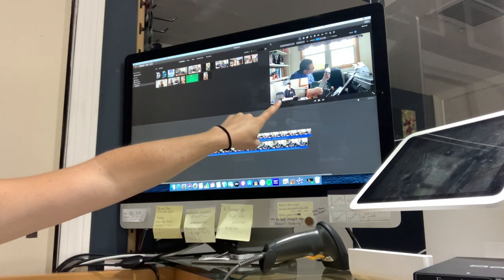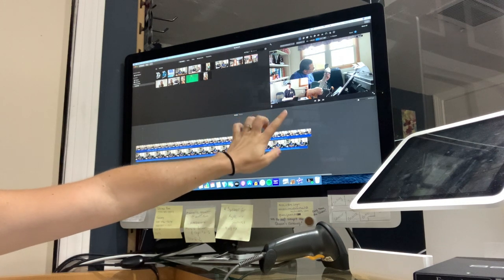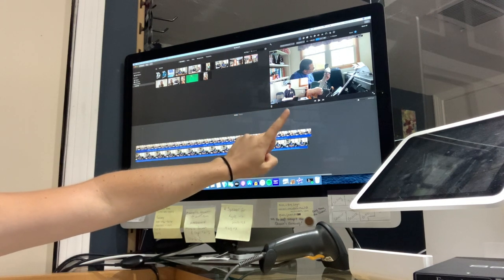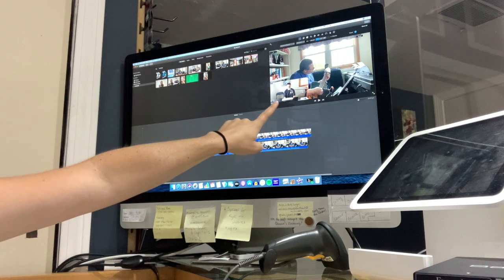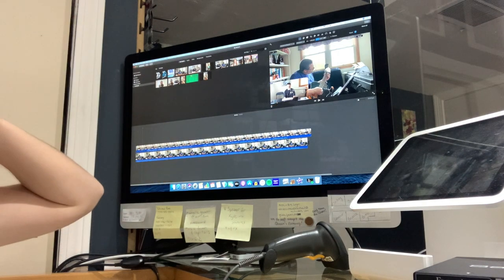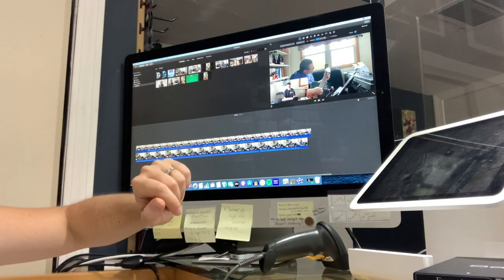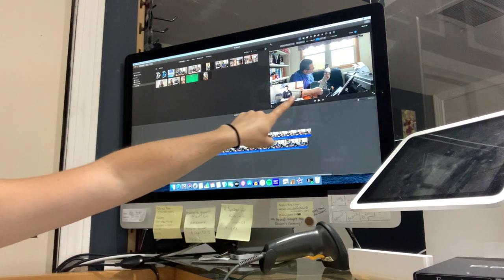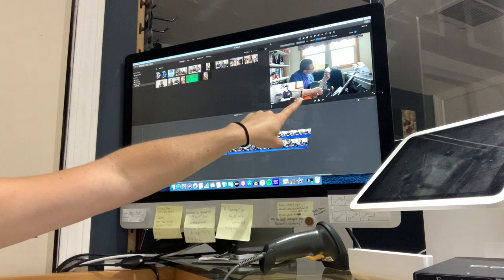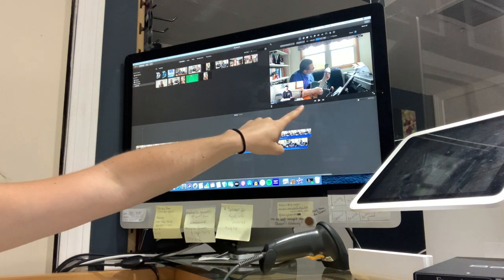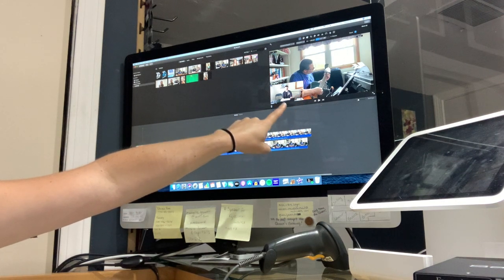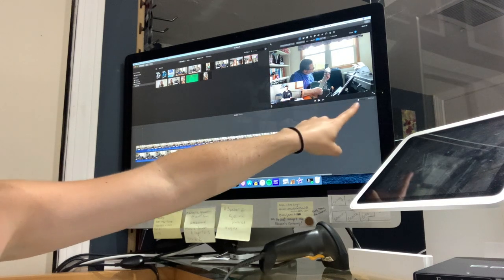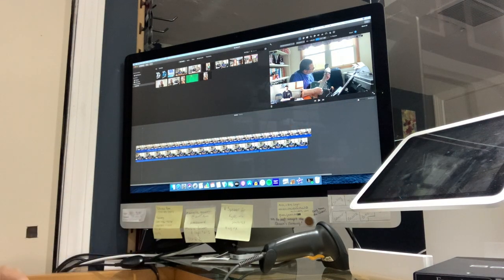Either way it works, but if you want to do multiple videos, the way to go is to have your background and then set these other videos up so that you can stack a few of them in a row. So you could have your main video and then 1, 2, 3 set up across the bottom. Now to do that,